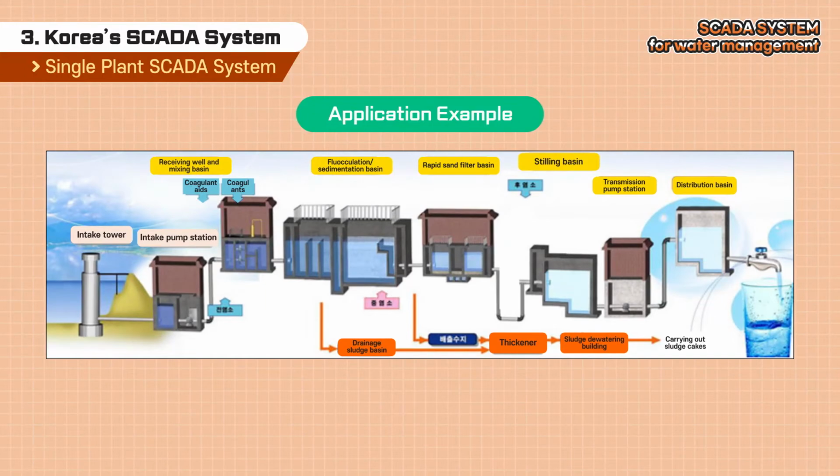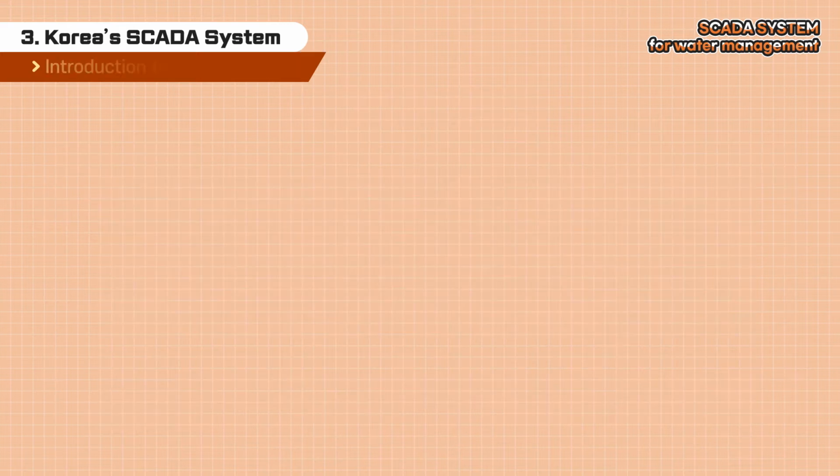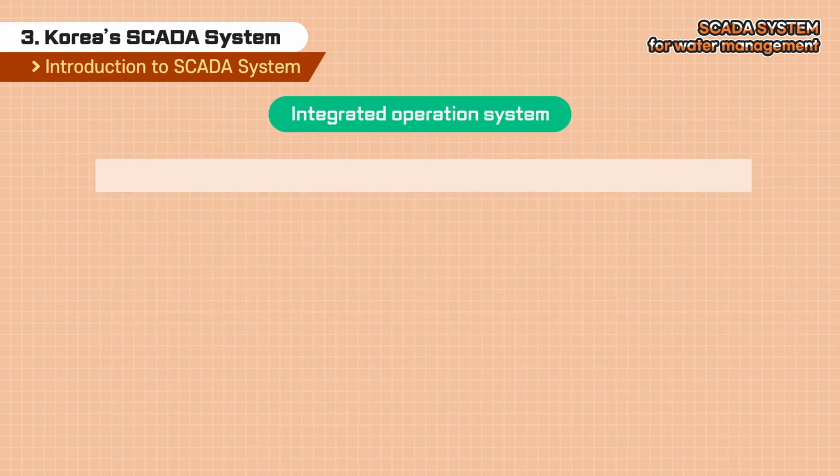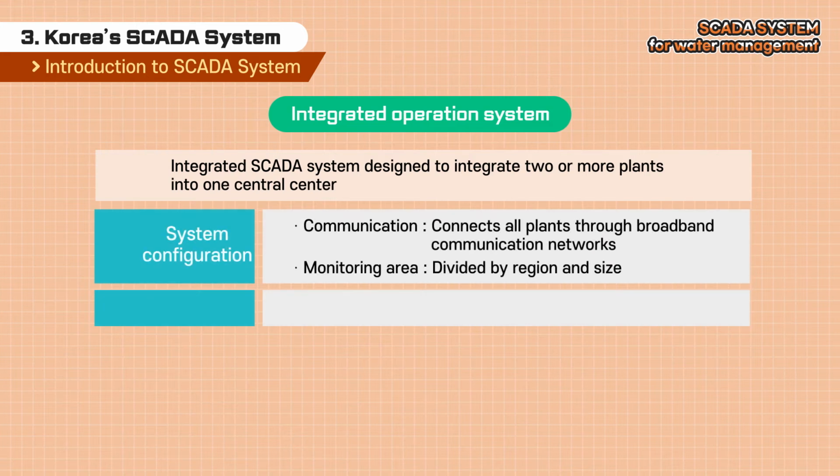The following shows an application example. Tap water is provided through the water intake, receiving, coagulation, flocculation, sedimentation, filtration, purification, transmission processes. The integrated operation system is designed to integrate 2 or more water treatment plants into one center for the efficient operation of water pipelines. The central hub and individual subcenters, water treatment plants, are connected and built using a broadband